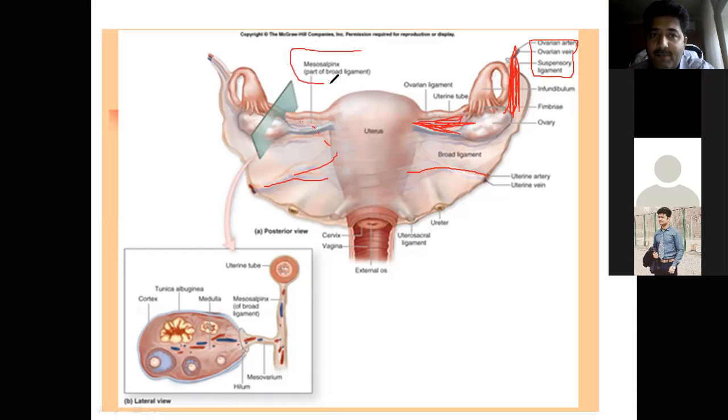This part of the broad ligament is known as mesosalpinx. This lower part is known as mesometrium. And this part which is covering the ovaries is known as mesovarium. Okay, it is clear. Yes, sir. Okay,